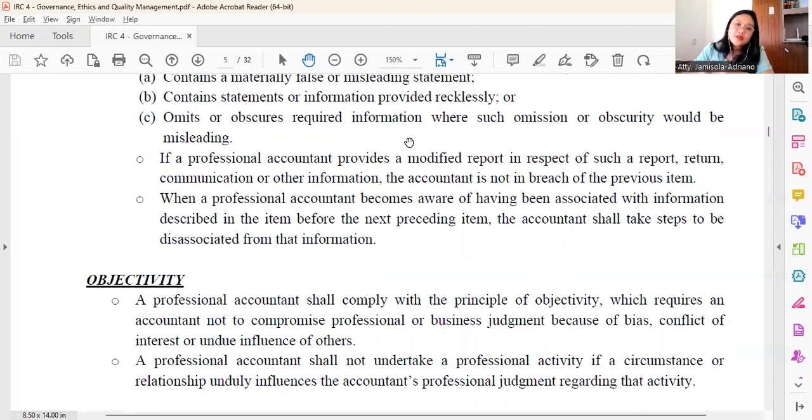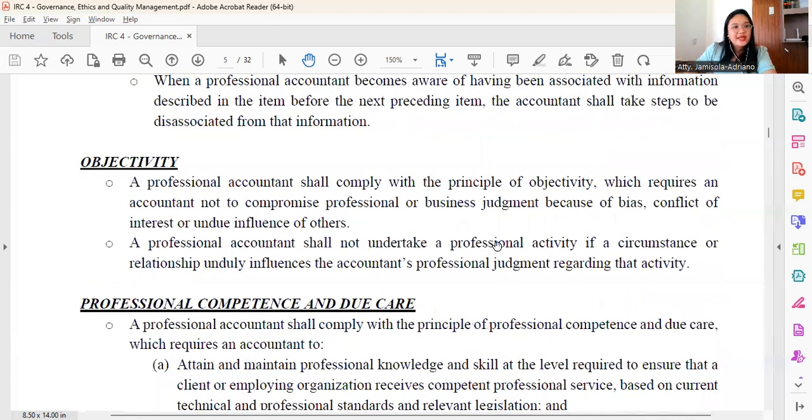So, for example, when you affixed your signature, you really believed that the information on the report is true and accurate. But later on, you found out that it's not accurate. It's not the correct information. But you already affixed your signature. So what should you do? You shall take steps to be disassociated from that information. Okay, next,